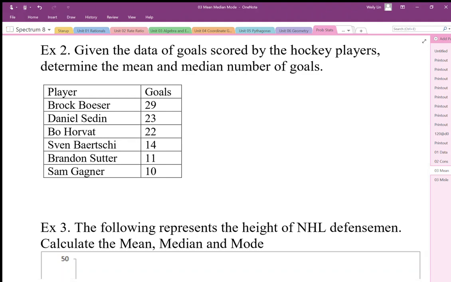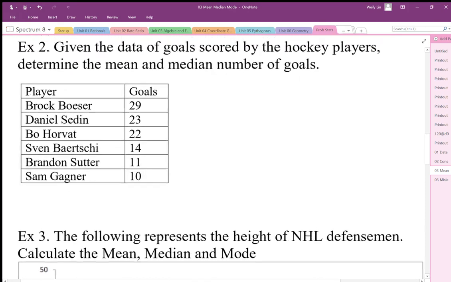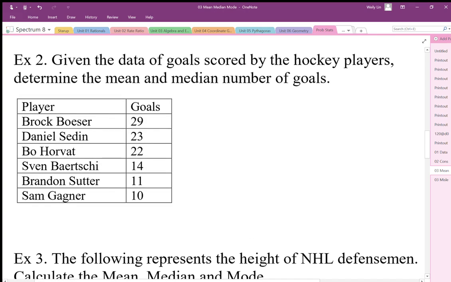Okay, so here the data given is for the number of goals scored by the hockey players on the Vancouver Canucks. I don't know what year this is, but here we have Brock Boeser had 29 goals. He had the most, then Daniel Sedin, Bo Horvat, etc. So the nice thing is this is lined up in order so that we can find the